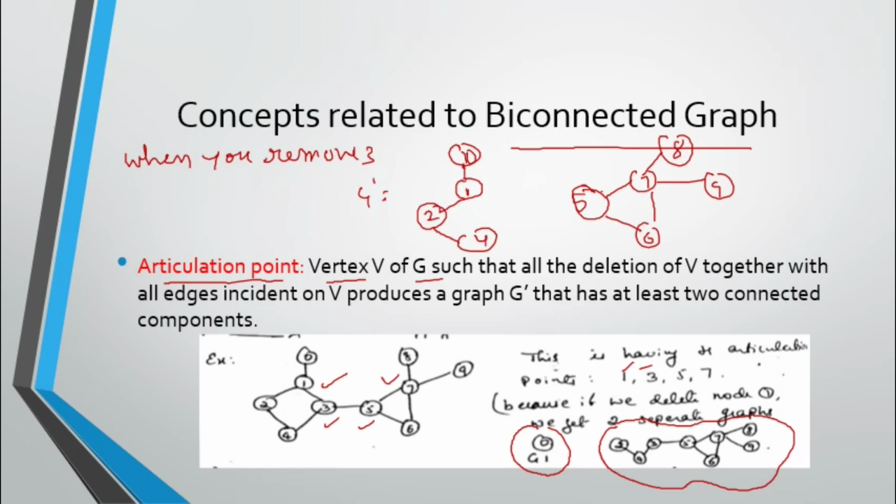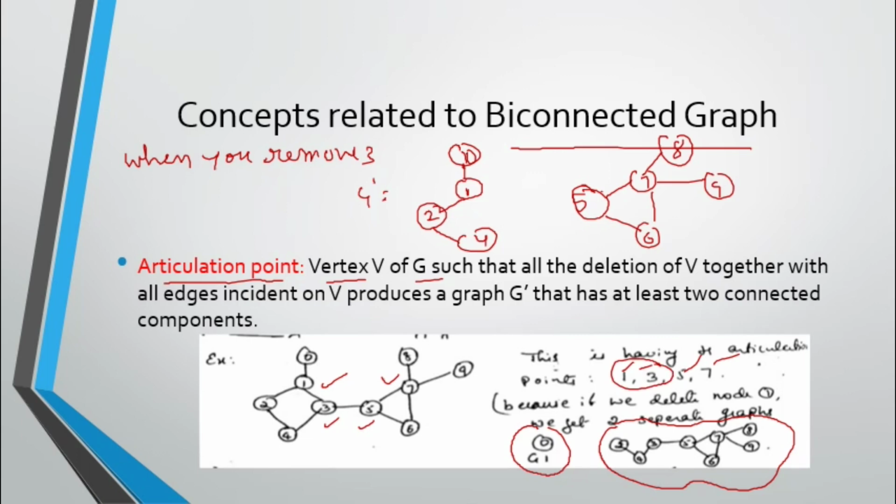Now 2 is not an articulation point. Why? Because if you remove 2, it will still be a single graph only. But if you remove 1, 3, 5 or 7, it will break the entire graph into pieces. I have shown you 1 and 3; 5 and 7 you can try. You can draw this graph and try.